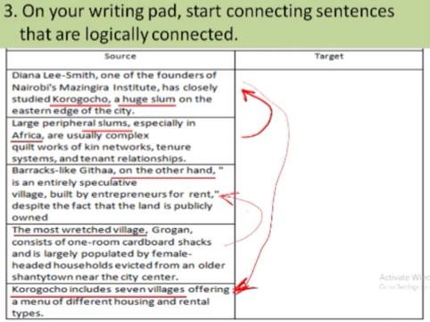In the last one they are telling more about the Korogocho, which was introduced in the first sentence. Here they are giving more details. They are saying there are 7 villages in the Korogocho. So logically this last sentence should be after the first sentence. There might be some sentences in between them also, but the last sentence cannot be before the first sentence. That's the main